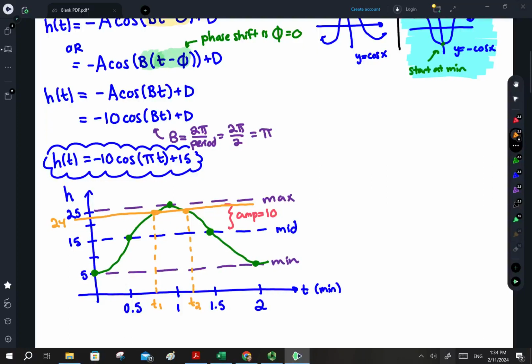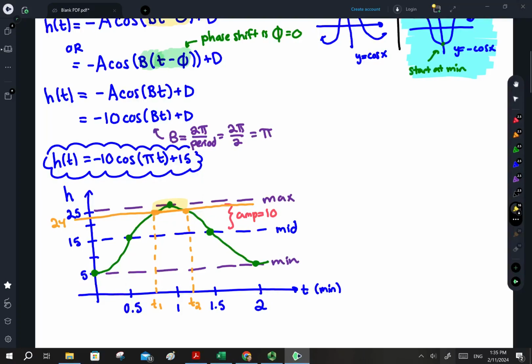T2. So I have one intersection point between 0.5 minutes and 1 minute, so just before the maximum is reached. And then I have another intersection point between 1 minute and 1.5 minutes, so just after the maximum is reached. What I'm interested in is really the time in between, because that's when the graph is above the horizontal line